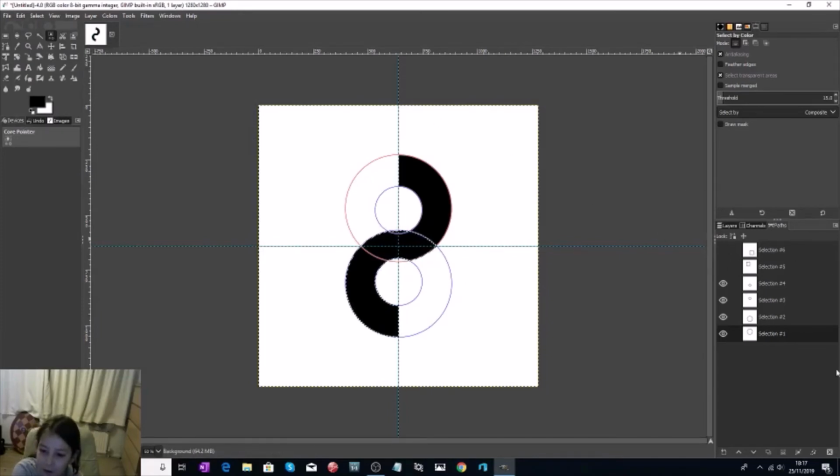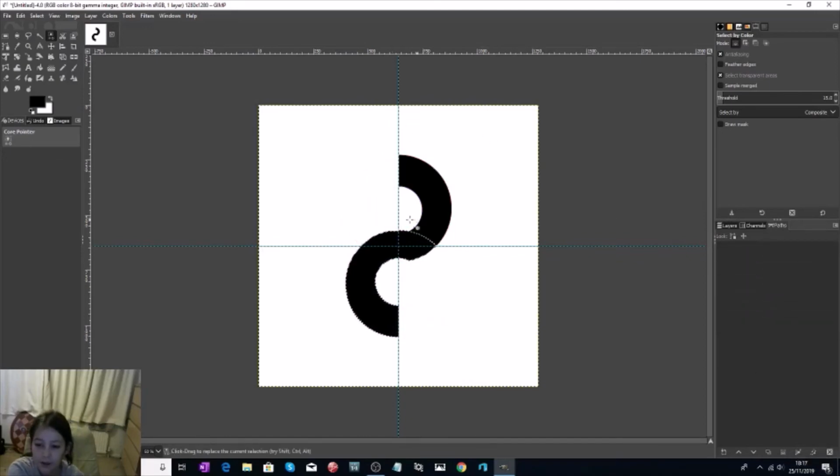to just delete the path so we can see it clearly. So just delete all the paths, you don't need any of them, and now you can see that we've got